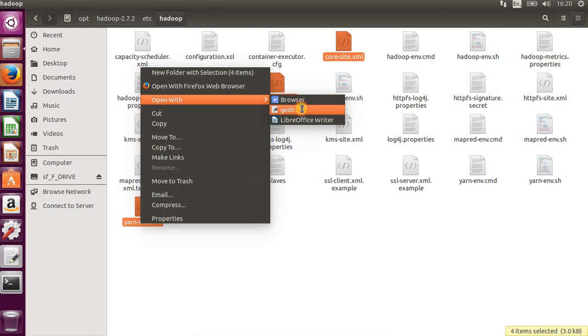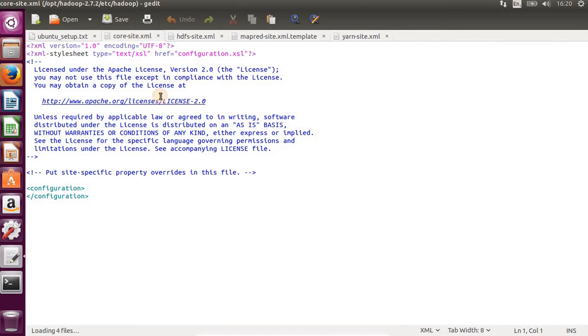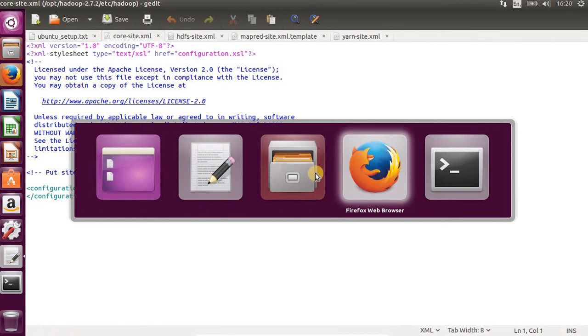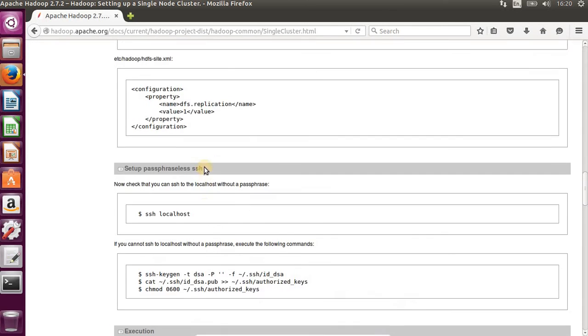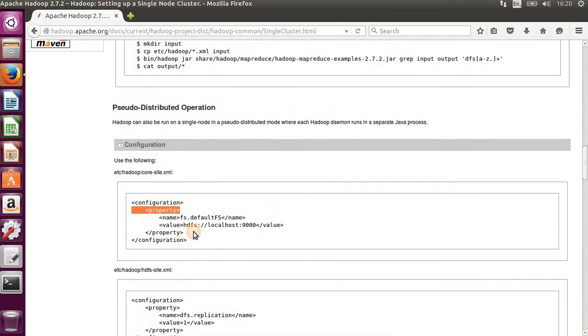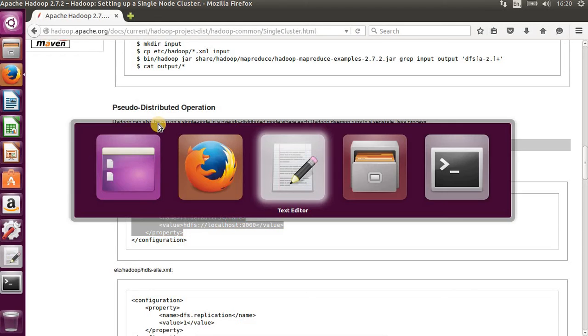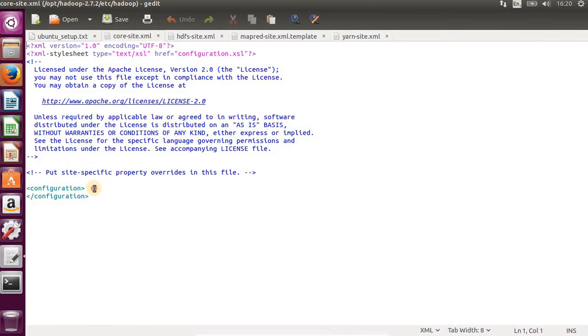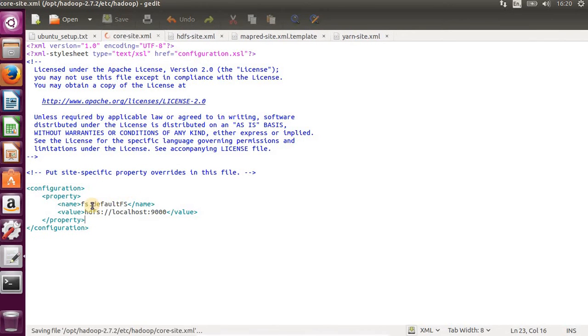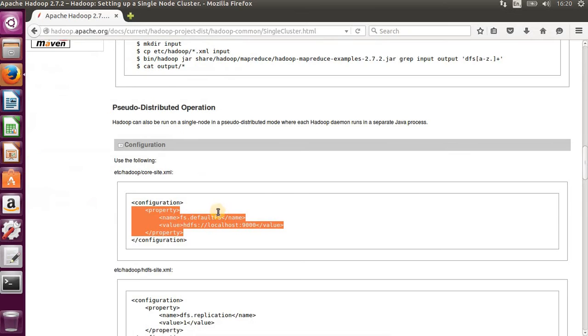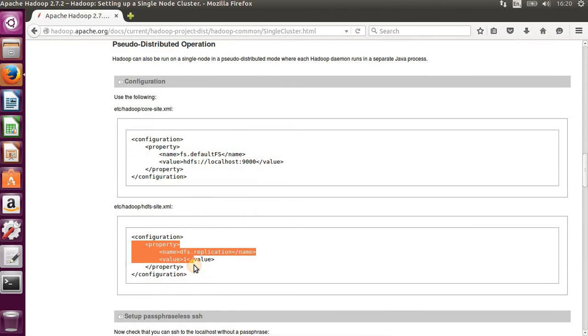We're going to open them with an editor. Now we're just going to go to the website to get the values for this. So for the core-site.xml file, we'll copy this value into core-site. We're just setting the URI for the file system. Then in HDFS, we're going to get the